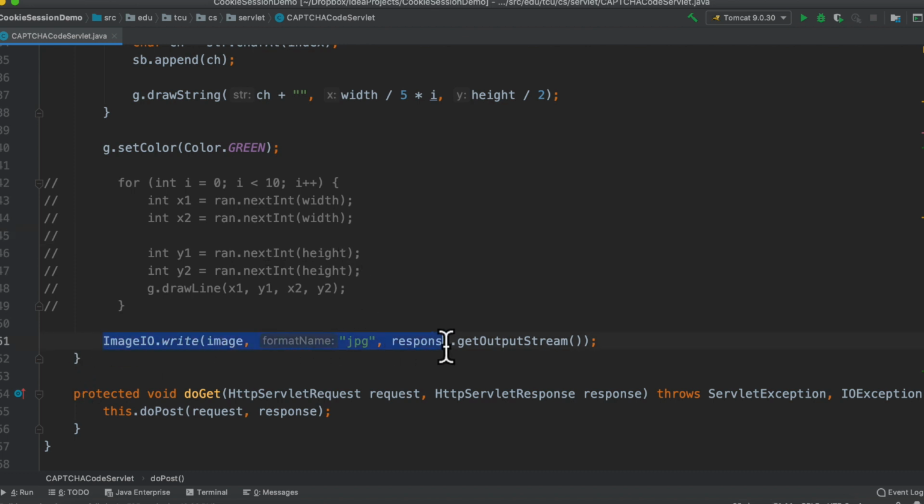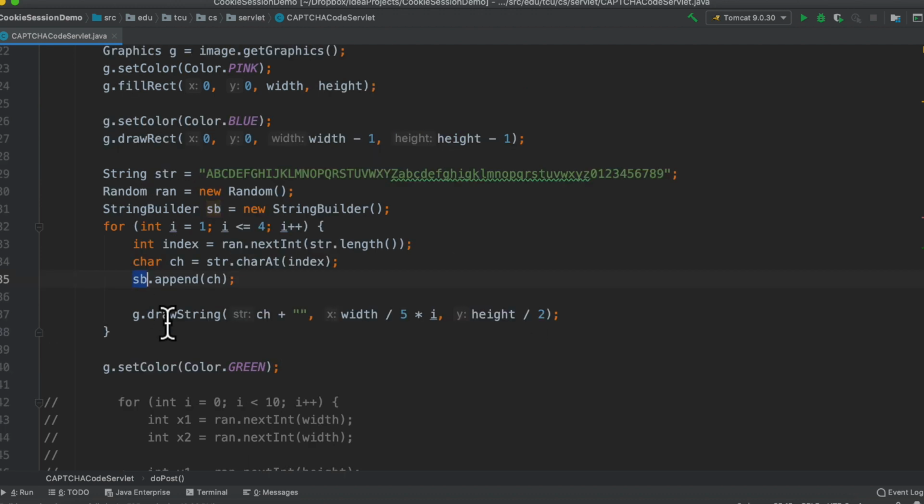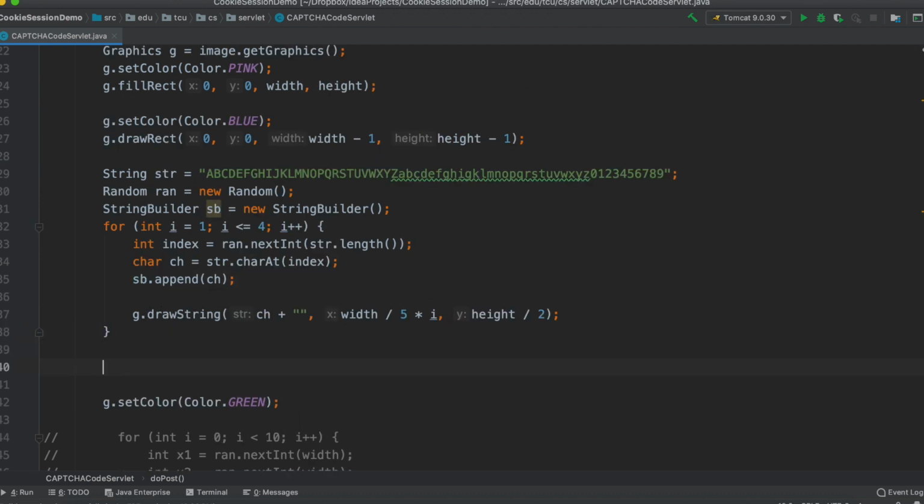The last part is how we use the Java ImageIO write method to write this image in RAM as JPEG to this output. If you remember, we use response to write something back to the client side. This time we're using the output stream, because the picture is not a character stream, so we have to use an output stream, changing it to binary. But what we haven't done is save this string builder into our session. Later on, the login servlet needs to compare the Captcha from the user with the real Captcha string. So what we do here is save a copy of